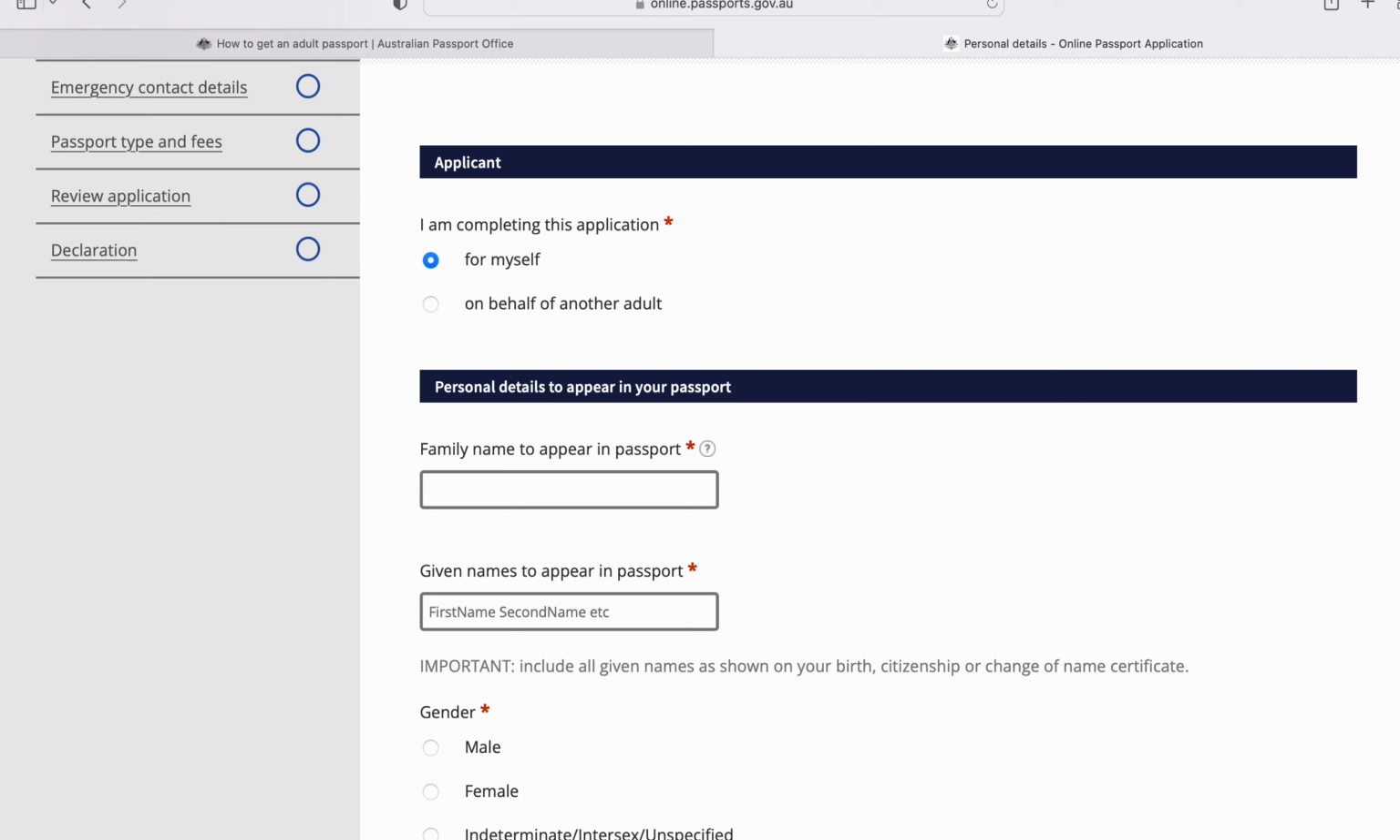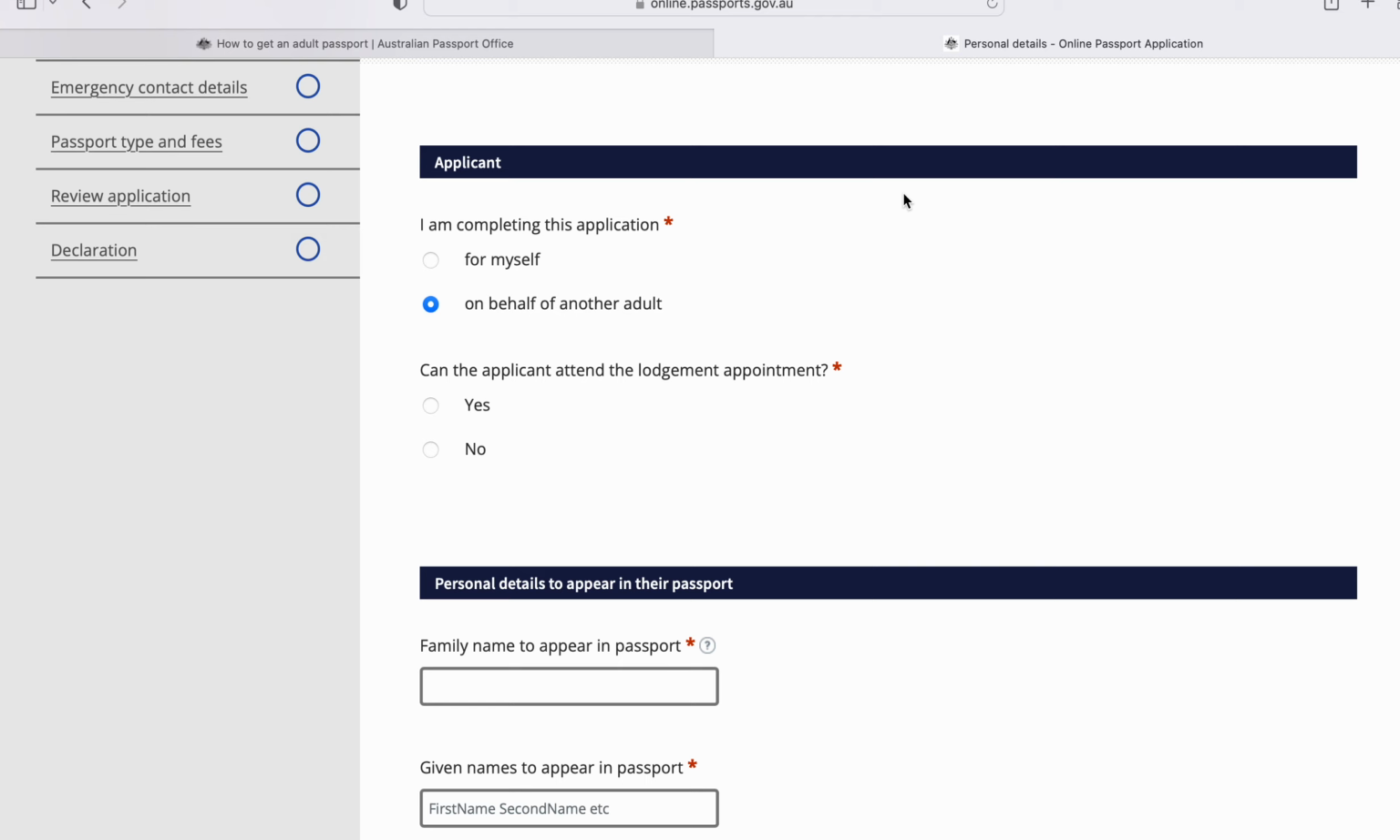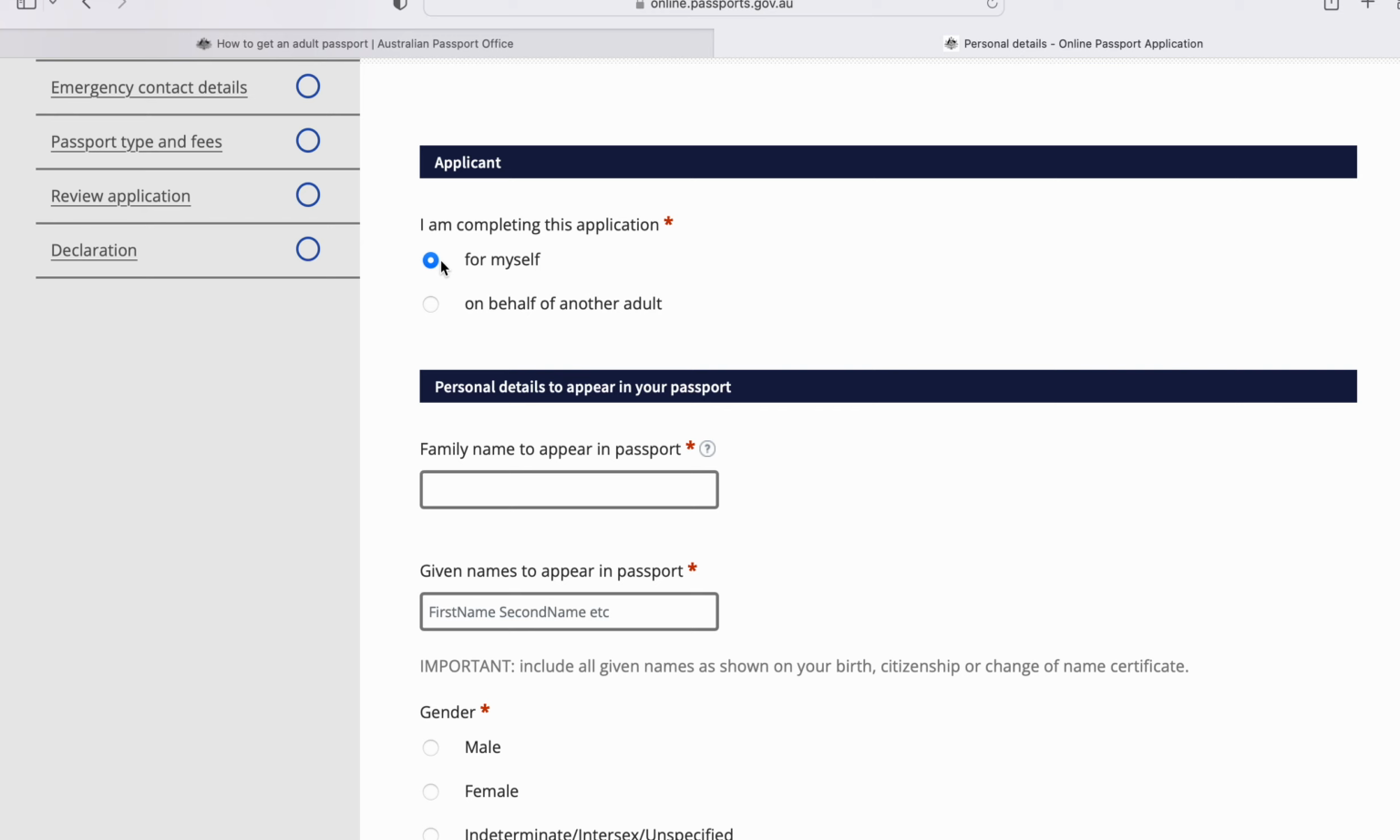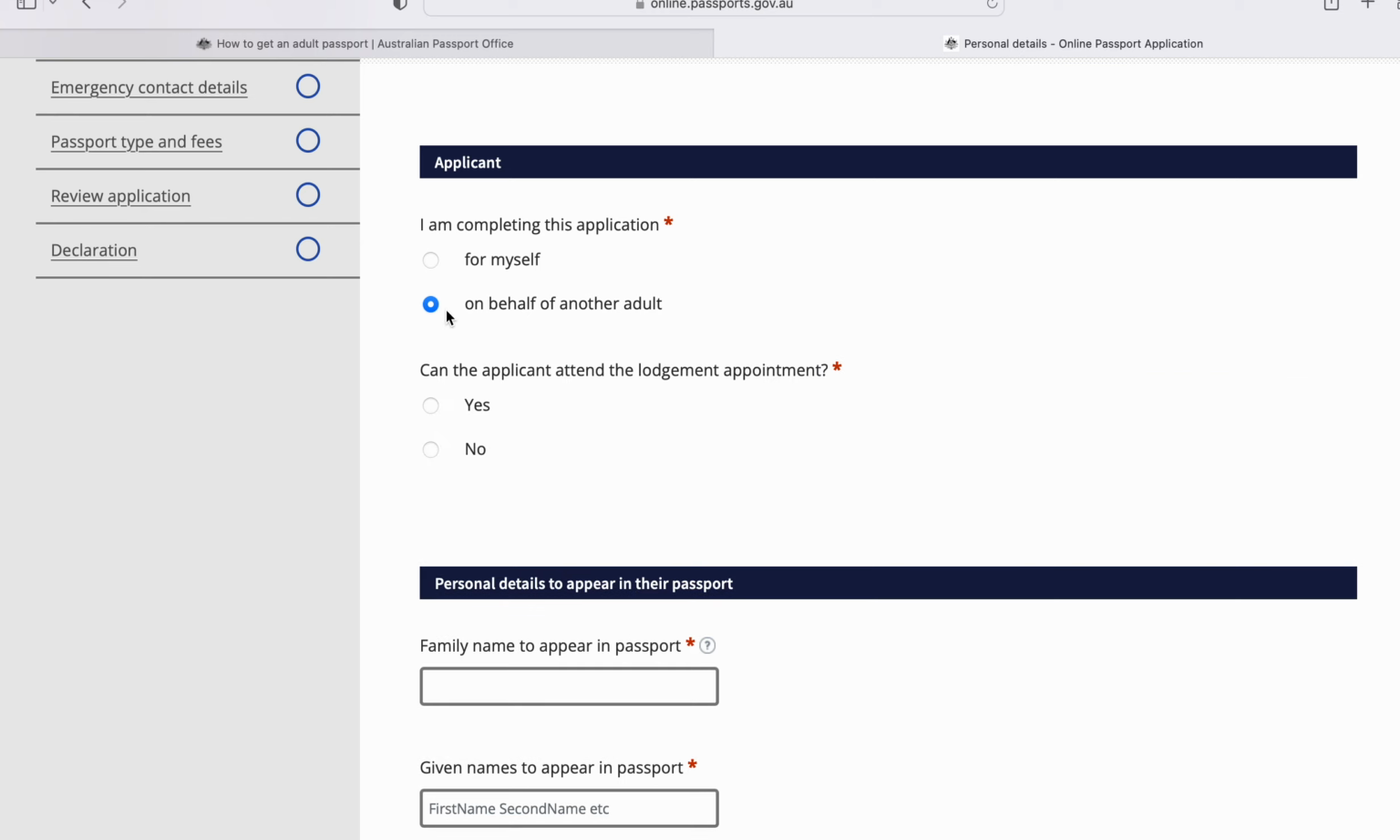I am completing the application for myself, on behalf of another adult, or on behalf of another child. There will be the option that you can select. Now if it's on behalf of someone, you can select on behalf of someone. Otherwise, you have to say for myself. So, on behalf of another adult,